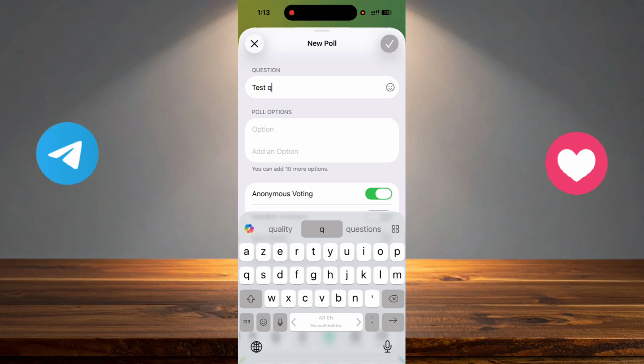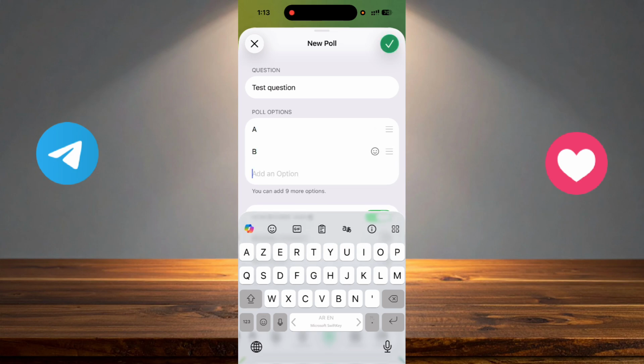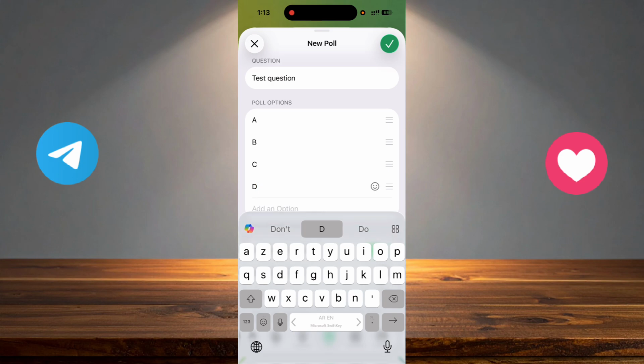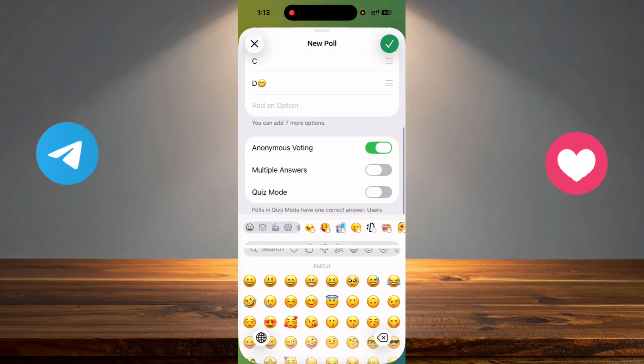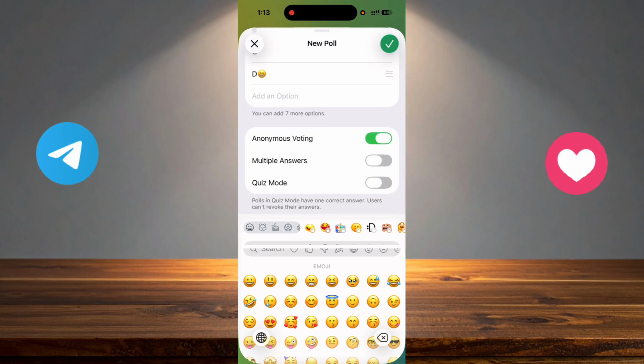I will test question, and you can add option A, option B, option C, and option D. You can put the options, and you can even use emojis with the options. And after that